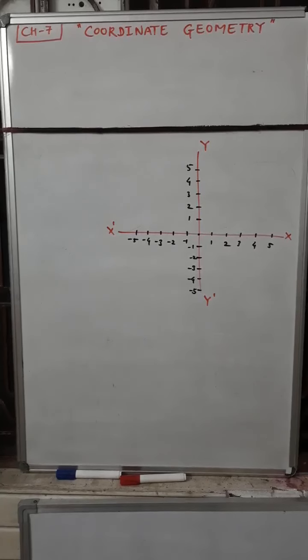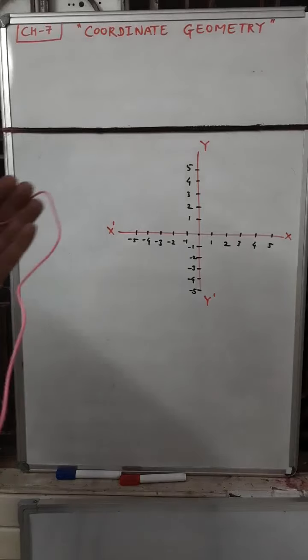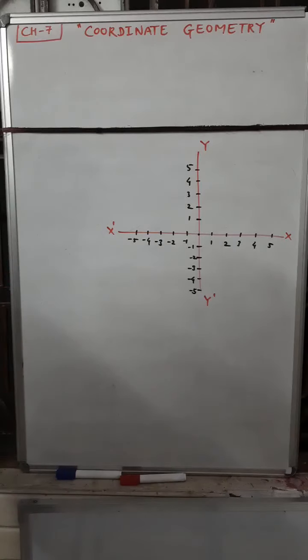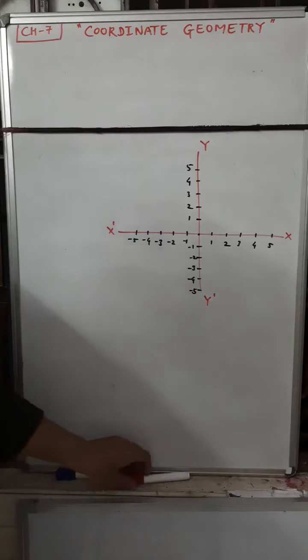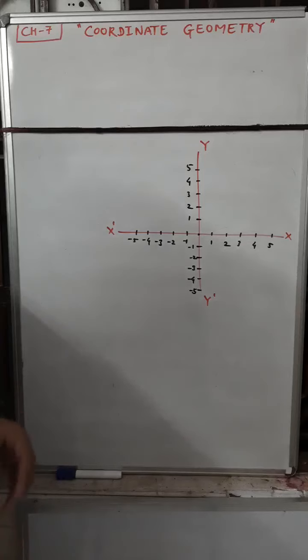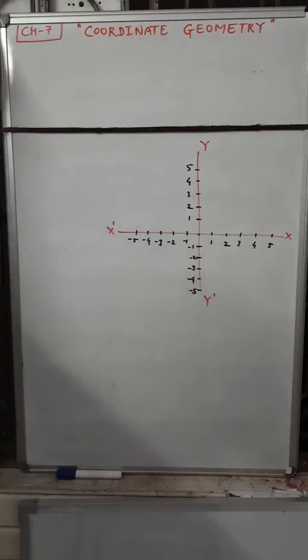Students, today we will study chapter number 7. It is a new chapter, but you are not studying it for the first time. You have also studied this chapter in previous classes, class 7 and class 8, coordinate geometry. According to coordinate geometry, you can understand the distance between 2 points. The first principle in such kind of geometry is the distance between 2 points.